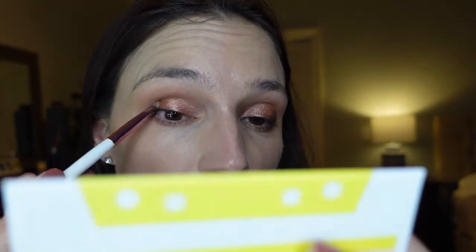So now I'm gonna darken up my outer corner with just a little detail brush. I'm gonna go into this darkest shade called Fast Forward,